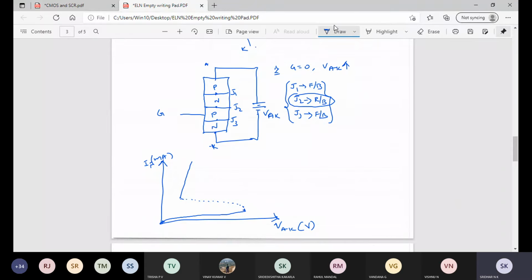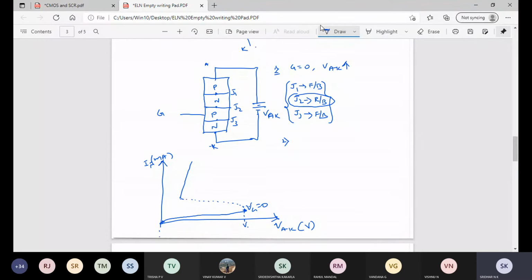This is what I will represent, for Vg, that is gate, equal to 0. Okay. So next, the region from here to here is called forward blocking mode, and the region from here to here is nothing but conduction mode. So that is case 1. Next I'll move to case 2, which is forward conduction mode.